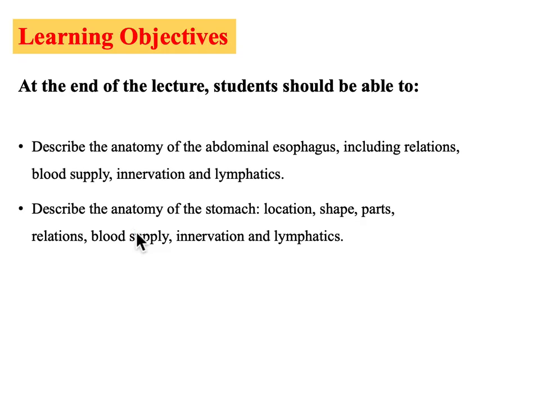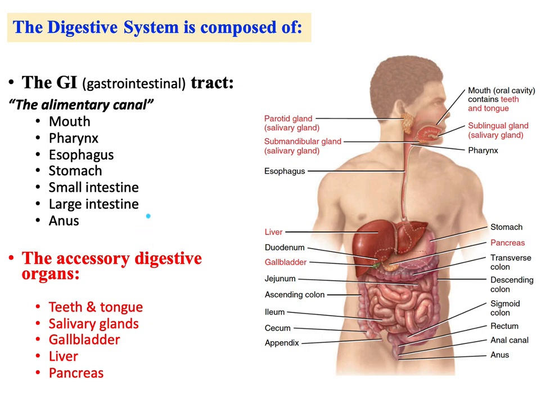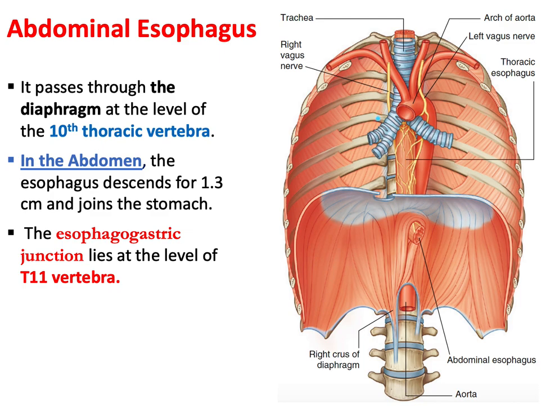So just I would like to remind you, as you know, that the digestive system is composed of the gastrointestinal tract and accessory digestive organs. And we finished the mouth, we finished the pharynx, and we talked about the cervical and thoracic part of esophagus. Today we will talk about the abdominal part of esophagus and the stomach. You know that already we finished teeth and tongue, salivary glands as well. So this is the